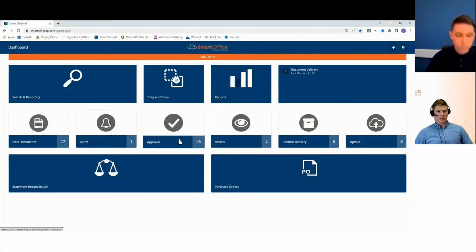The review tile, very briefly to go into, guys, is a very powerful feature that's used generally for upper level management, and that is for cutting off or segueing off invoices that arrive in, not necessarily to do with the approval process. It might be to do with value of the invoice, a particular supplier, or suppliers that give you early payment discounts that you want to be notified when they arrive in.